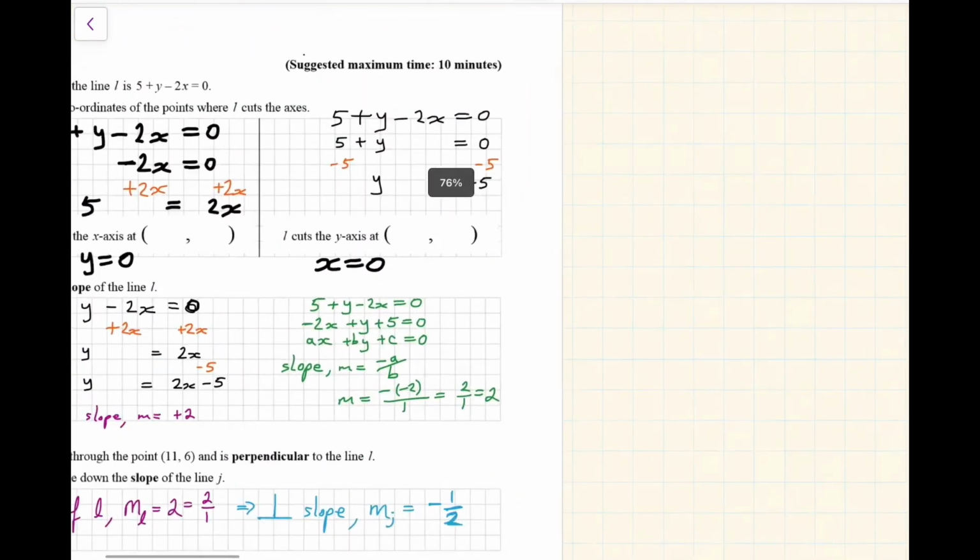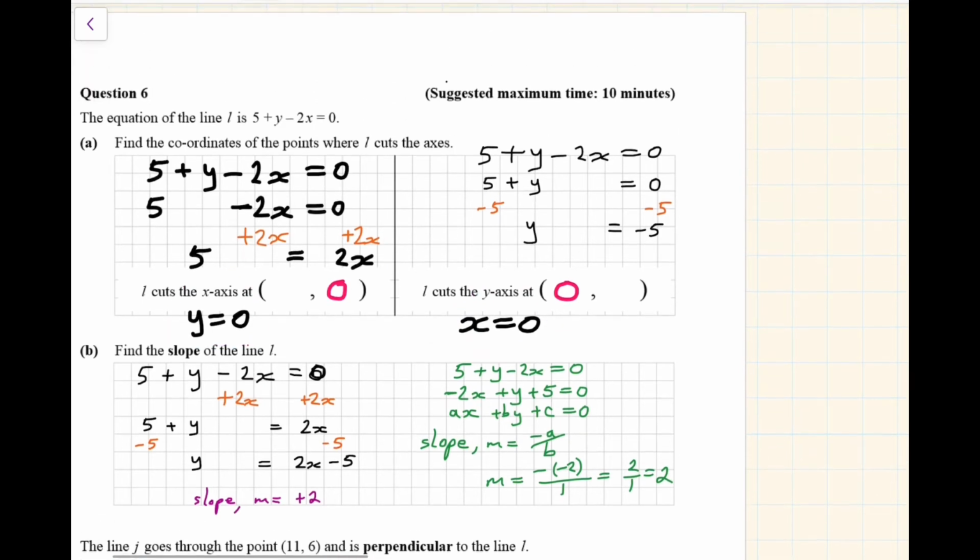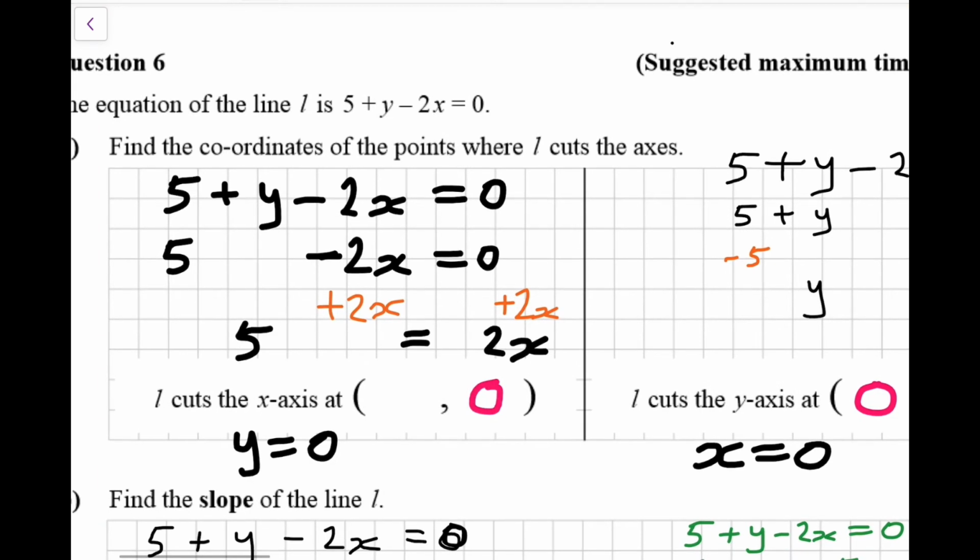If we do that and we have that habit all the time, we will remember that every coordinate on the x-axis has a y equals 0. Every point on the y-axis has an x value of 0. So with those filled in, it should be easier now to work with our formula for this particular line and